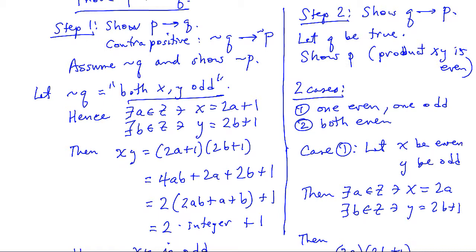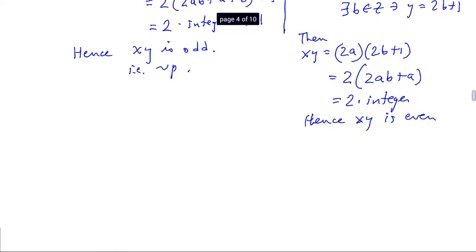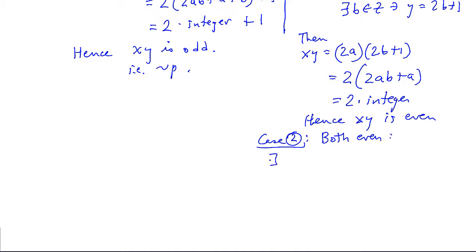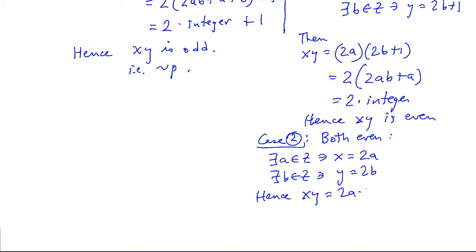Now I've got to do the second case where they're both even. Okay? And so in case 2, case 2 is that both are even. Then there exists an a, which is an integer, such that x is 2a and y is 2b. There exists a b, an integer, such that. Hence, xy is 2a times 2b, which is twice 2ab, which is of the form 2 times an integer,